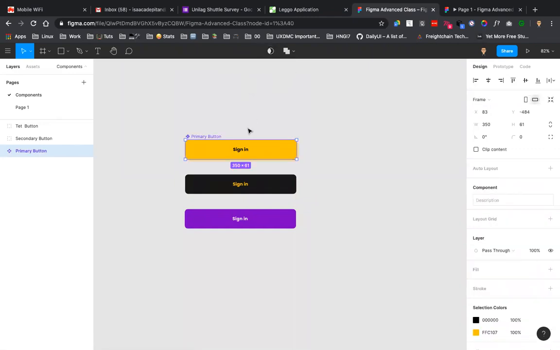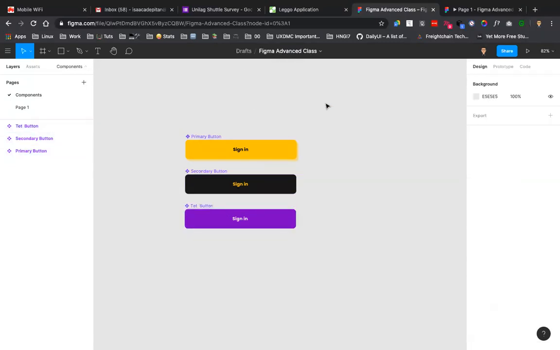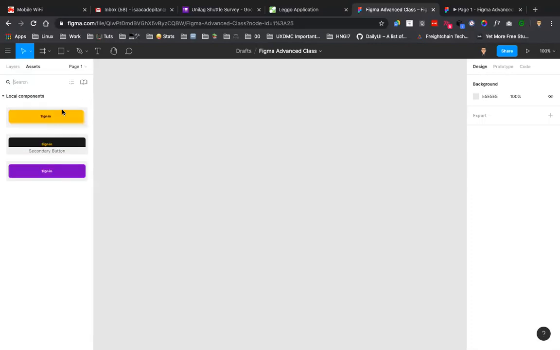create a component. Okay, now you see these 4 diamonds around the group. That tells you that is the primary component. That's the master component. Okay. So I come here and I pick this as well. I make it another component and I make this another component. Okay. Now, if I come into page 2, okay, I can dive into my assets and you can see these